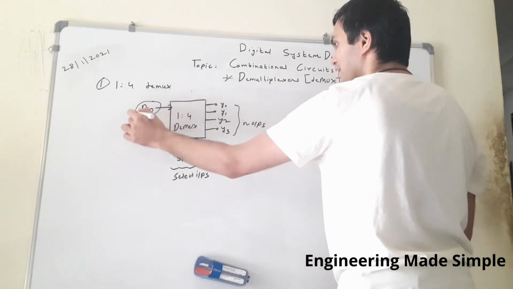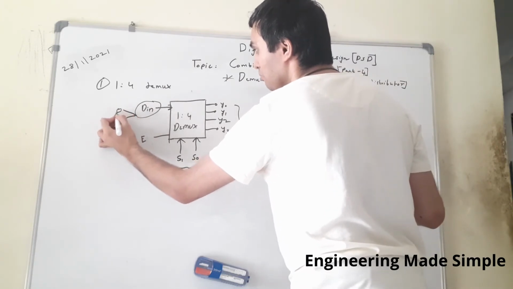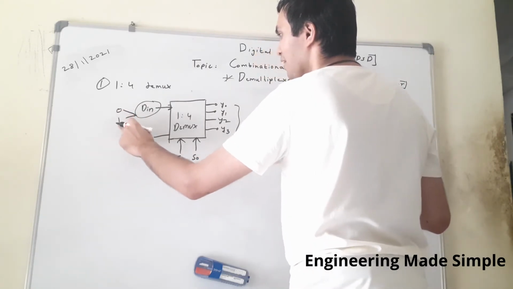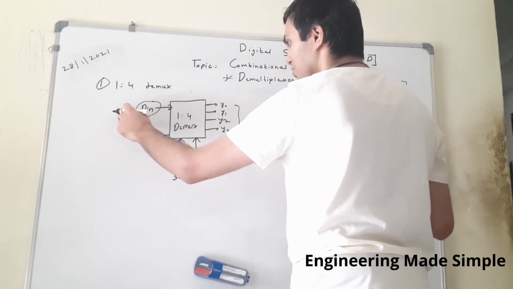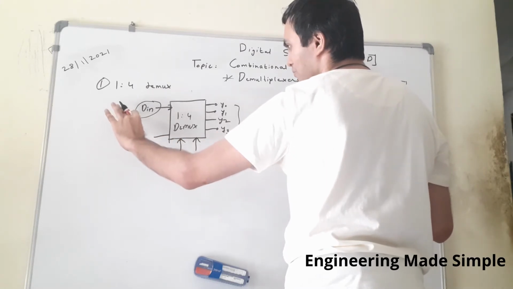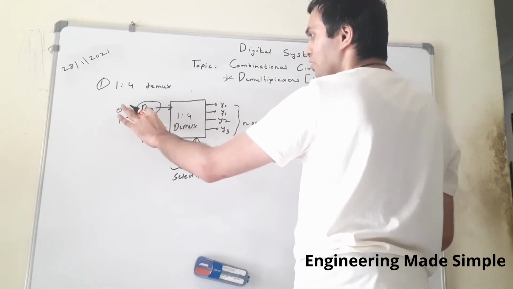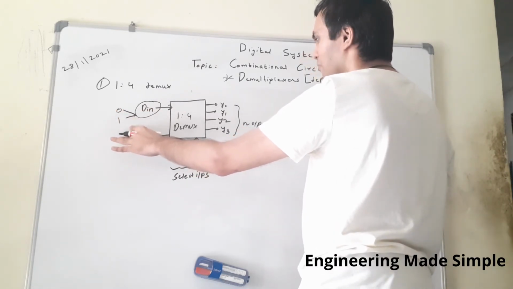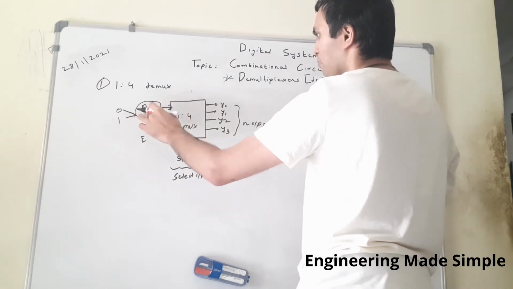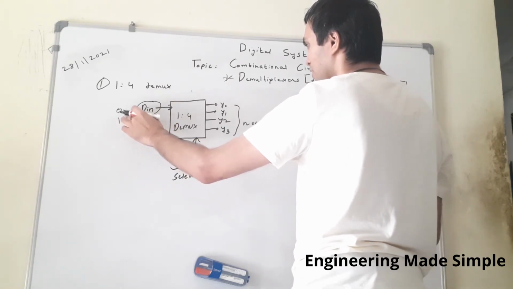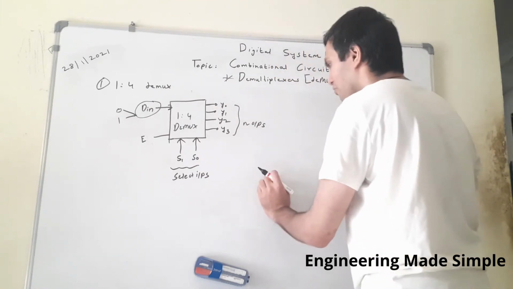Now DIN is a binary input. At one time it can take either value 0 or value 1. So we can apply logic 1 at one instant, or for the second instant we can apply logic 0. Both cannot be applied simultaneously, but one by one, because it is a single bit input. So DIN will have value 0 or 1 because it is a digital circuit, no other value is possible. Similarly for the outputs which are generated, we want to pass on this input, either 0 or 1, to the four outputs we have, that is 1:4 DMUX. Now let us start developing its truth table.